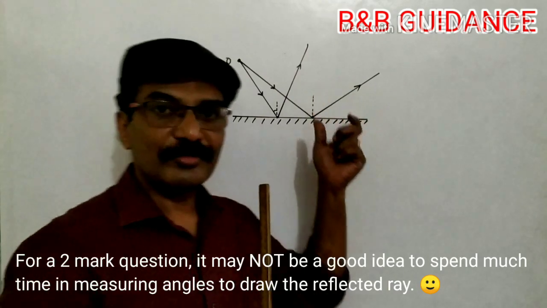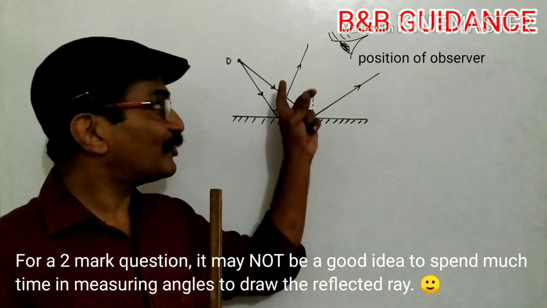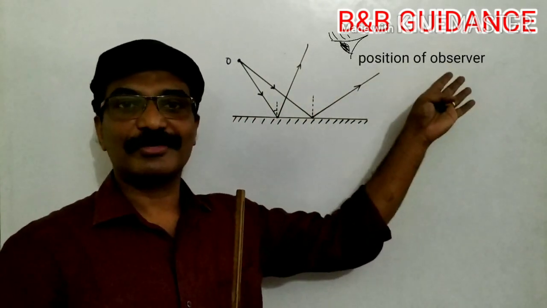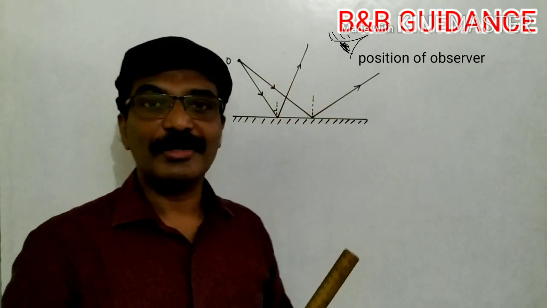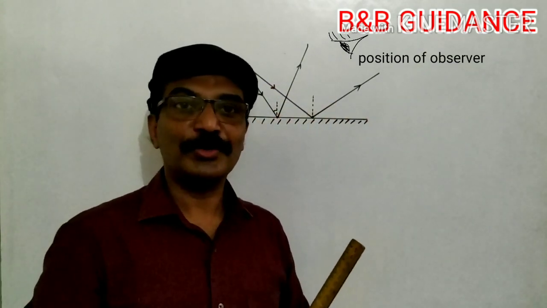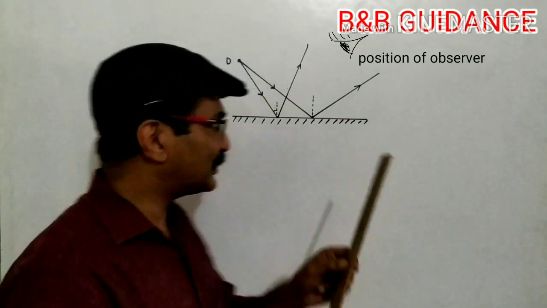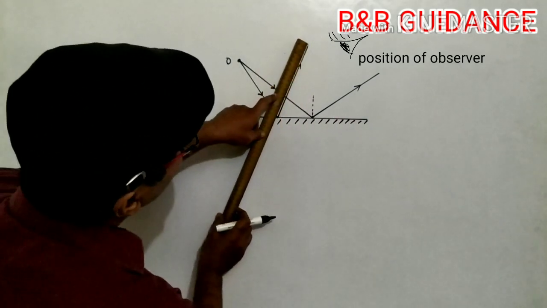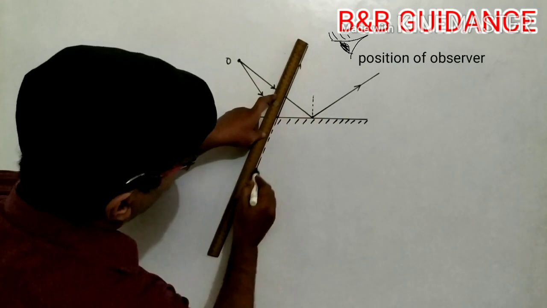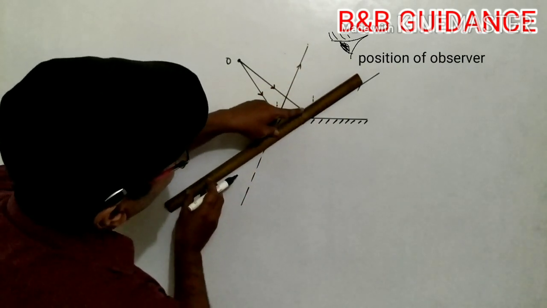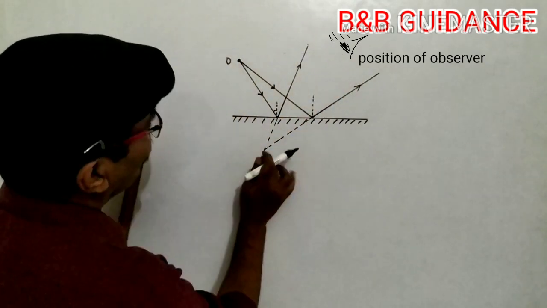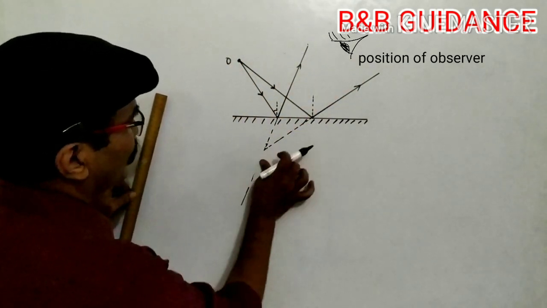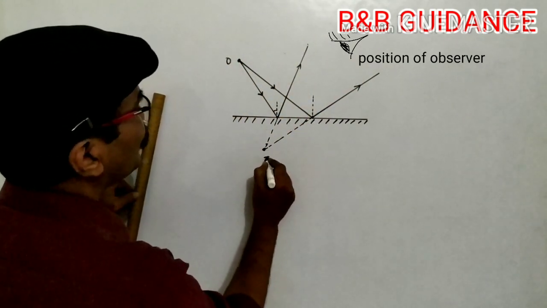And seeing this very clearly, these reflected rays will never meet. Actually, these reflected rays are diverging. So you will produce the rays backwards. Let me do that. I will do it like this. In the exam hall you will do like this, and you know that you get the image here. You write, this is the image.